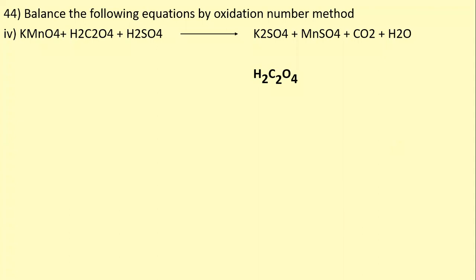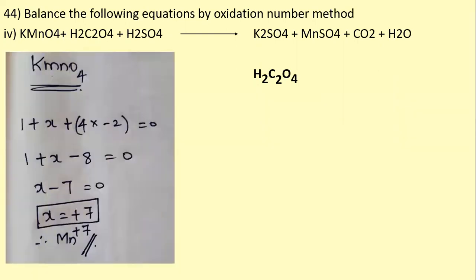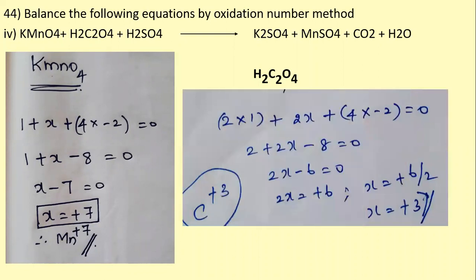We'll move on to the last sum, KMnO4. See here the KMnO4 will have the oxidation state of +7, that is manganese. So potassium will have +1 oxidation state because it comes under alkali metal. So now here this H2C2O4 is nothing but simply oxalic acid. So H2C2O4 means oxalic acid. So acid means it will have COOH group.